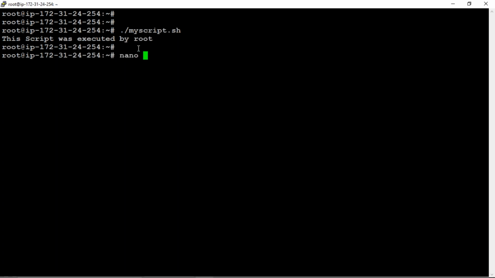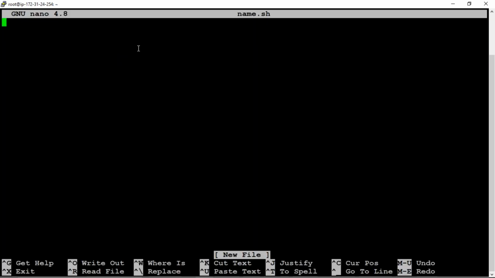Fine. So I'm just creating one more script file here. So nano space name.sh I'm creating a file. Enter. Now what is the first line we need to type there? So that is mandatory to write the shell script files.